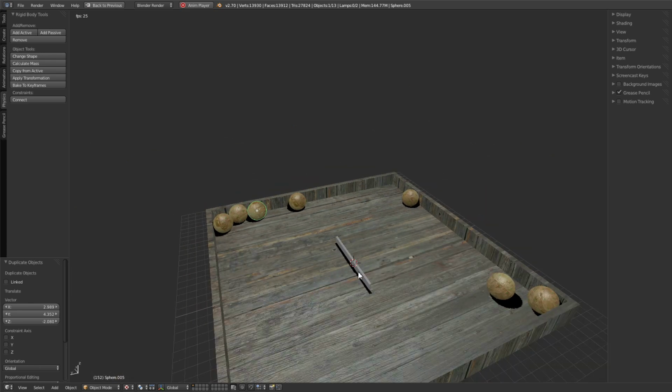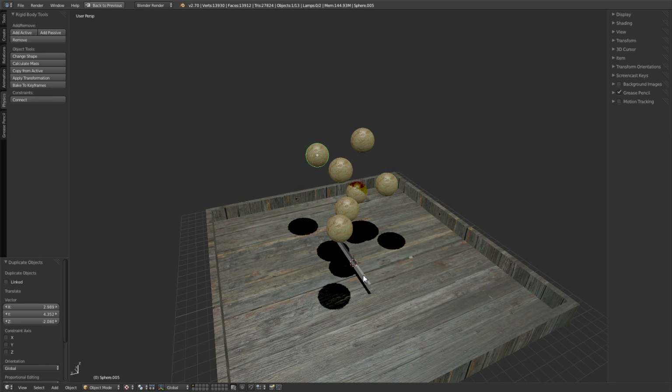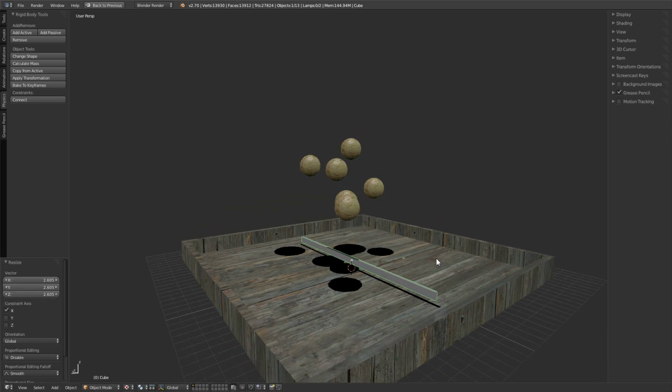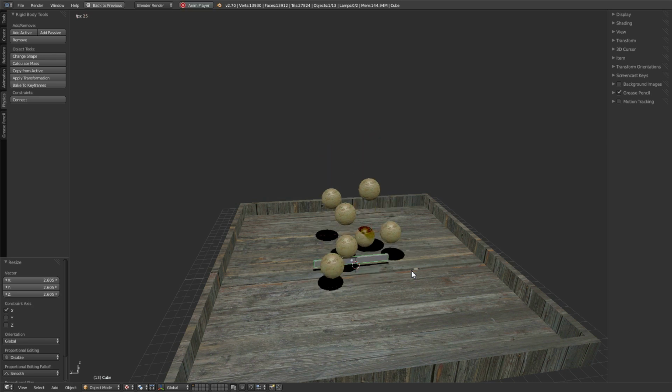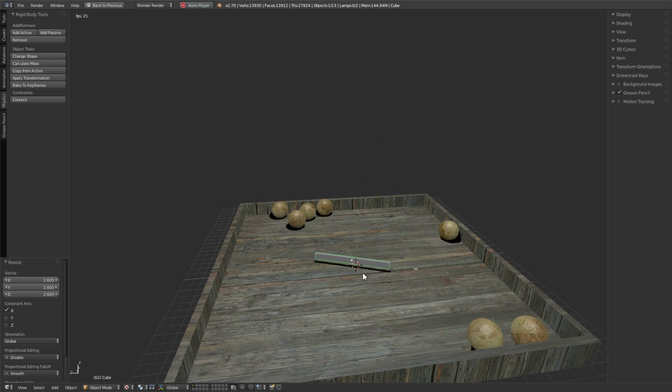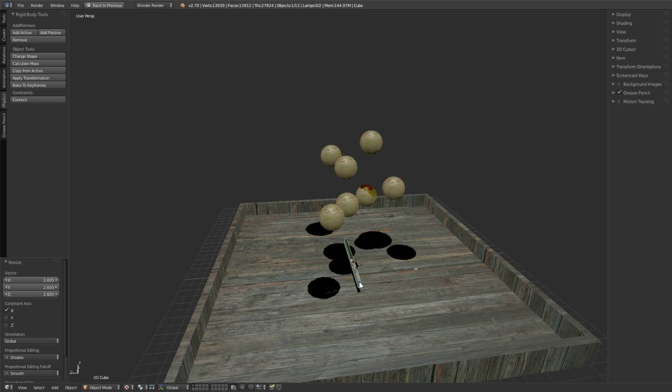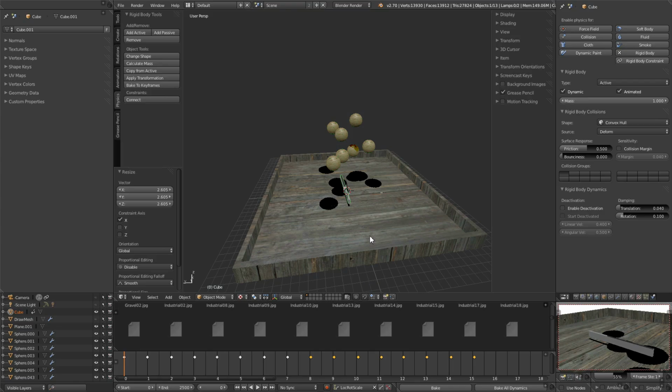But that might be a little cooler if we made those paddles longer. So I'll tap Alt-A to stop that, Alt-Shift-A to reset, and I'm going to hit S to scale this all the way out like this. Now let's tap Alt-A again. Oh, and it goes back down because the animation includes scale. So what I can do is tap Alt-A to stop that, Shift-Alt-A to reset, hit tilde key to get out of my tools there,